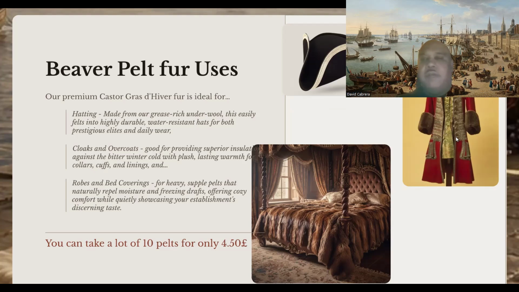Robes and bed coverings for winter nights, a cold winter. It's excellent for any bedroom in any establishment. So for only 4.5 British sterling pounds, you can get as many as 10 pelts, or a bundle of 10 pelts. And lastly, our product, we cannot go without showing you